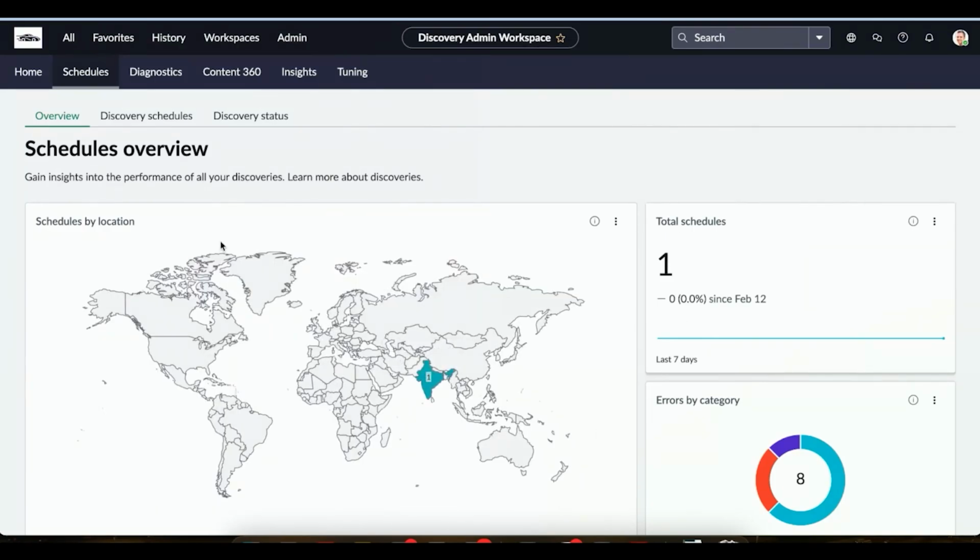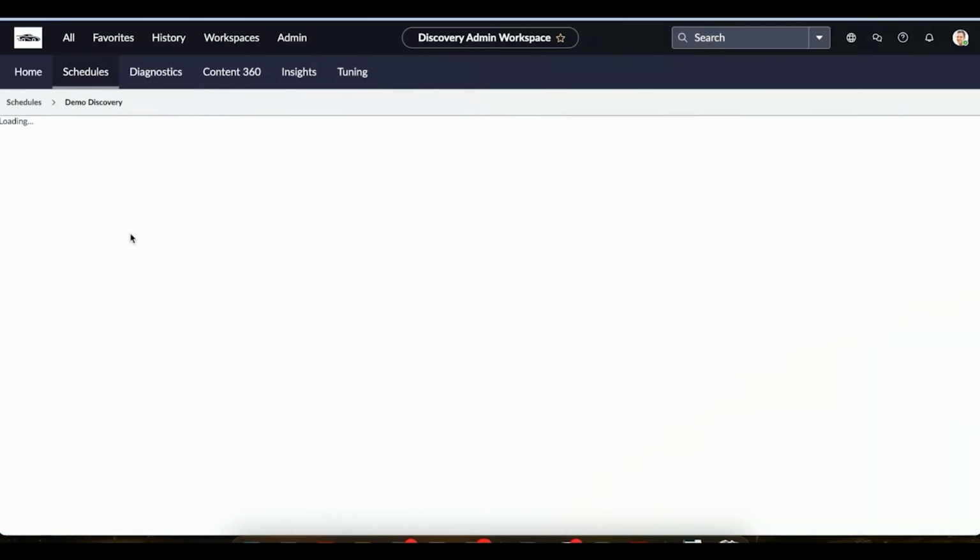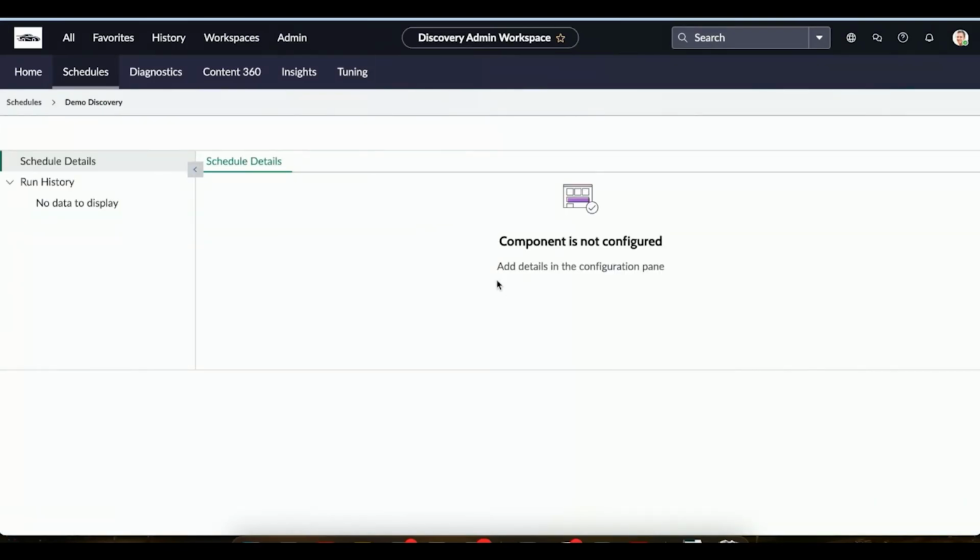All right, so it is showing us a schedule overview. This is a demo environment, so over here you may not be able to see a lot of things, but for the demo piece, I have created one discovery schedule that I would like to showcase. So this is the demo discovery that I have created. Over here, I have